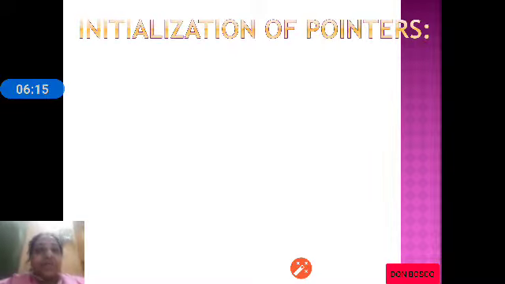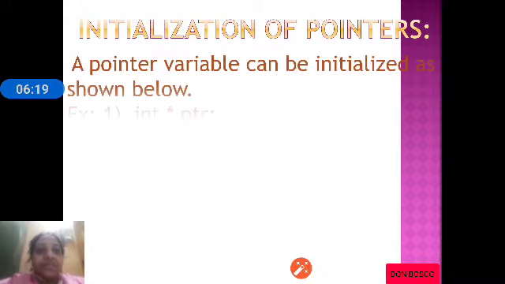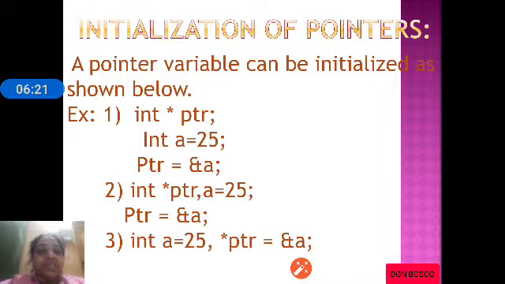Let us see how we can store the address of a variable into a pointer, which is also called initialization of pointers. Initialization means how we can store the address. Following are the three methods using which we can initialize a pointer.